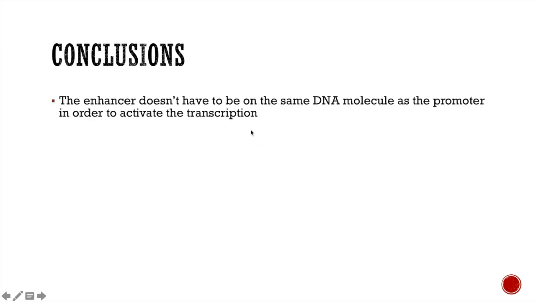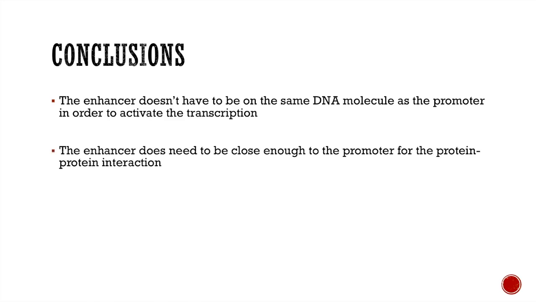Up till this moment, we could make some confident conclusions. The first conclusion, the enhancer doesn't have to be on the same DNA molecule as the promoter in order to activate the transcription. Secondly, however, the enhancer does need to be close enough to the promoter to be able to approach it so that the proteins bound to the enhancer and promoter can interact. Overall, we confirmed that Model 3 was the most reasonable model to illustrate the mechanism of eukaryotic transcriptional activation by enhancers at a distance. That's all I have for